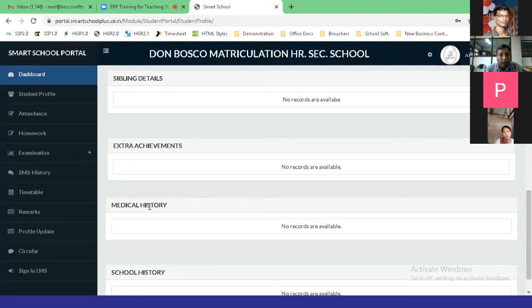And also you have the information telling that, say for example, the particular student was brought to the infirmary with some kind of sickness or illness, be it a vomiting sensation, or what the medicines were, or what first aid was given in the school, you will be able to see in the medical history here. So that is an important feature which we have implemented in this pandemic timing.